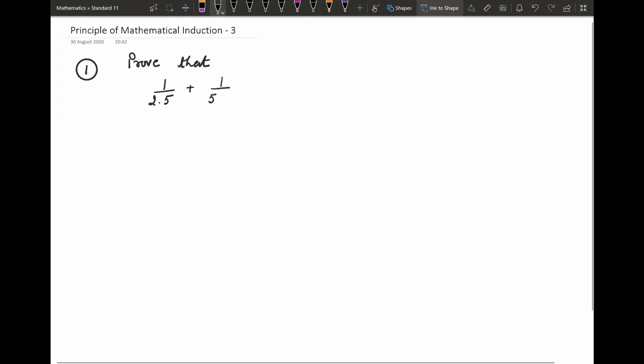We take examples based on principle of mathematical induction. First one, prove that 1 upon 2 into 5 plus 1 upon 5 into 8 and so on up to 1 upon (3n minus 1) into (3n plus 2)